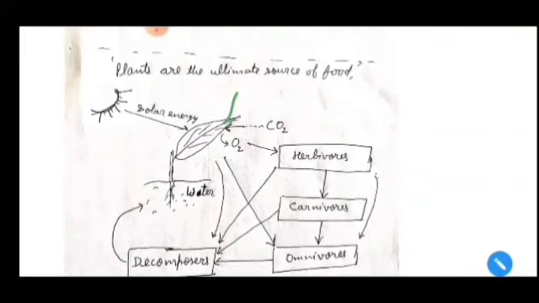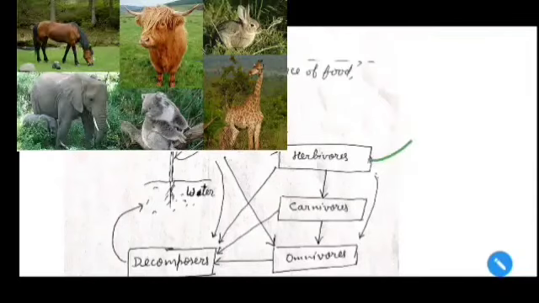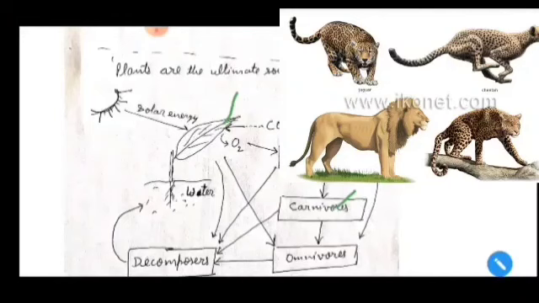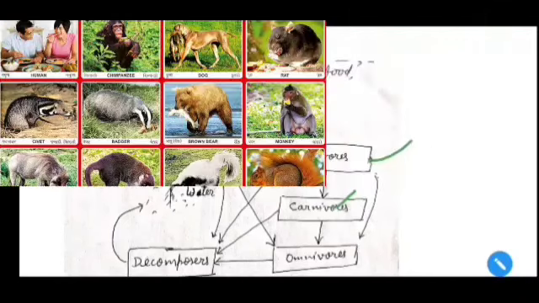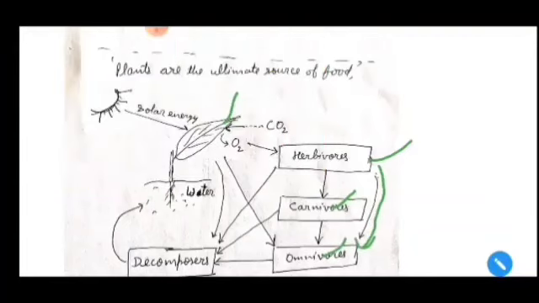Herbivores get their food from the plant directly. Herbivores are eaten by the carnivores, meaning food is transferred into the carnivores from herbivores, and carnivores may be eaten by the omnivores. Omnivores get their food from the herbivores also, and they get food directly from plants also. So they are omnivores, they get food from herbivores, plants, carnivores, etc. So food is transferred in the omnivores, and at last all the organisms, either omnivores, carnivores or herbivores or plants, they all die.